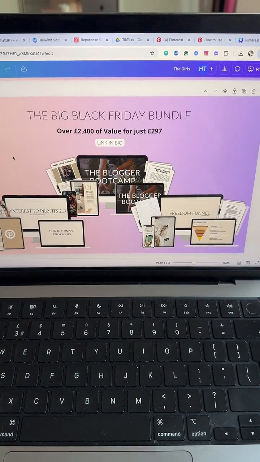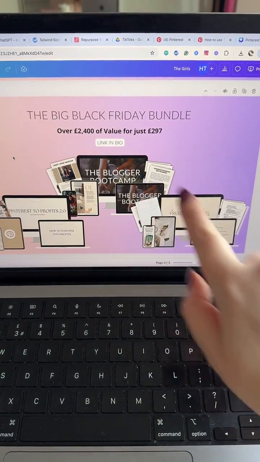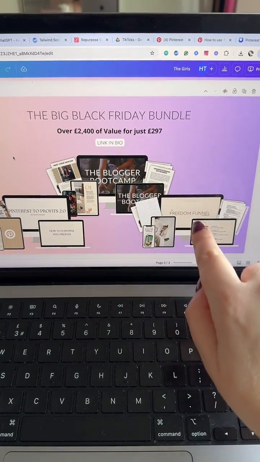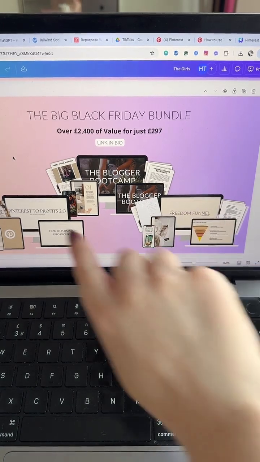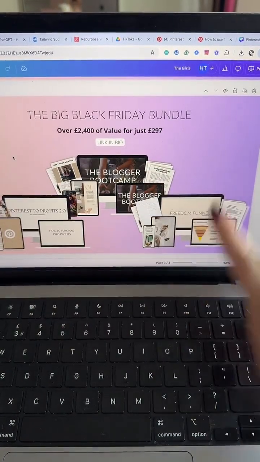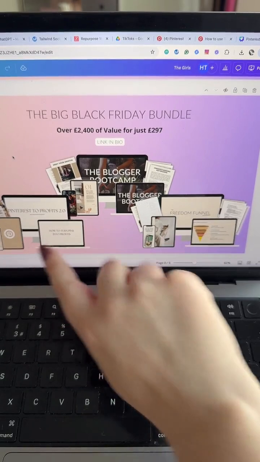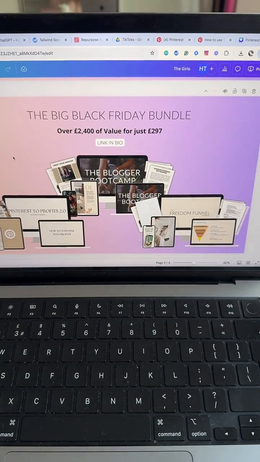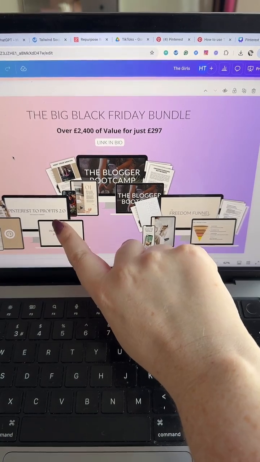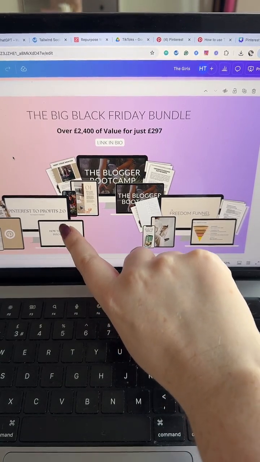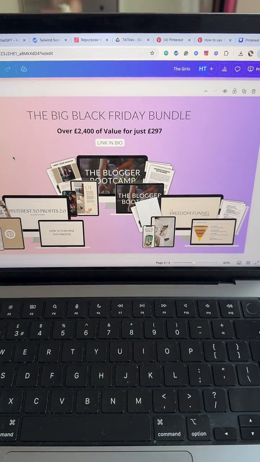There's everything in there. And then you also get these two programs, and both of these also have a little highlight of Pinterest sections. They both have mini tutorials on Pinterest and how it works with Freedom Funnel and how it works for blogs. But Pinterest to Profits 2.0, and by the way, this is all included, is so detailed and there's so much value in there. Honestly, it's insane. My mentor's always saying to me, this should be a £997 product, especially because it comes with 6 months support. And I'm like, oh, well, never mind. The people need to know about Pinterest.